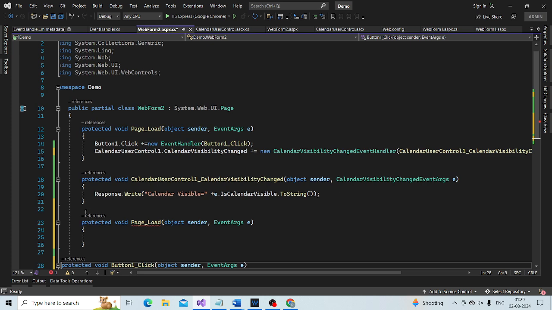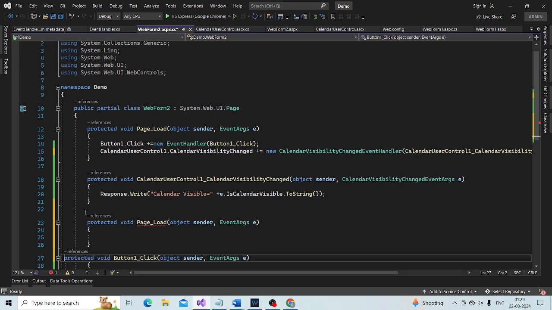And then within the page pre-render, let's register the event handler instead of page load.